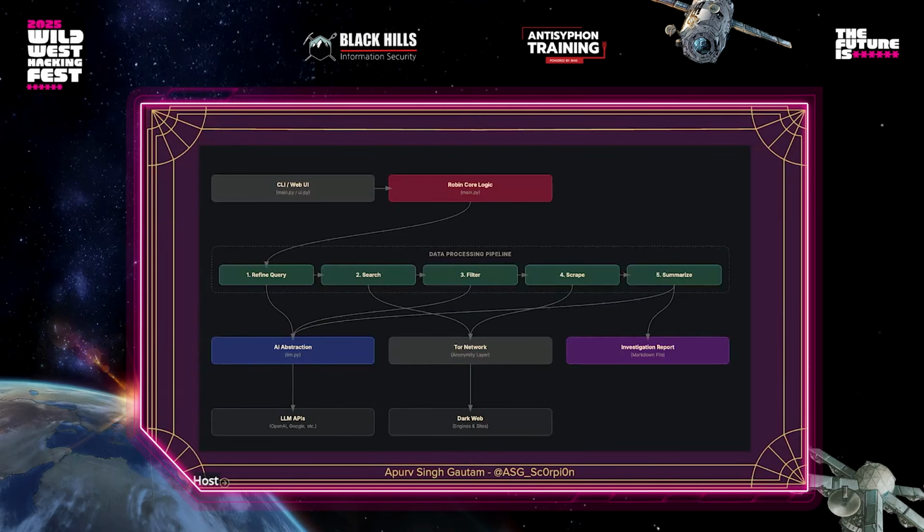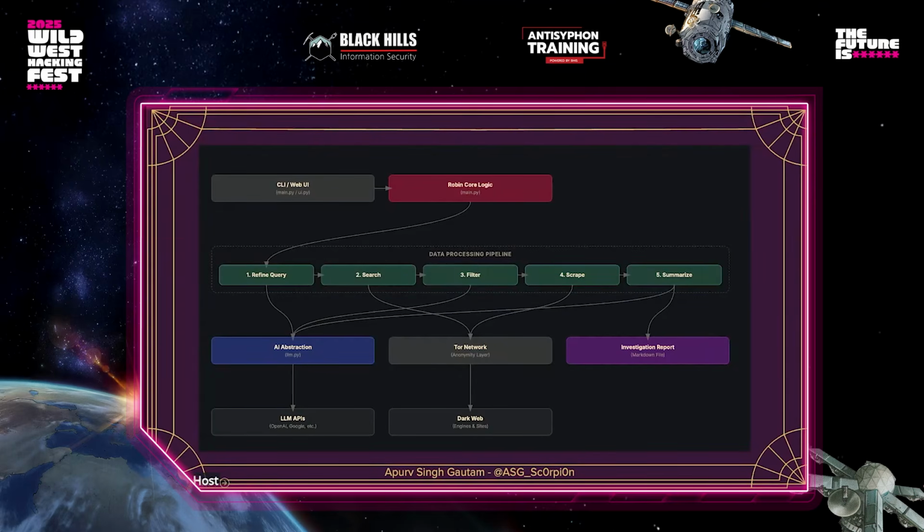And just FYI, .onion sites or Tor sites do go down a lot. So that's why I added 15 here, because if, let's say, 3 or 4 are down, we will still get results. So that is the second step. Once you put in your query, it will go through all 15 search engines and generate results based on your query.